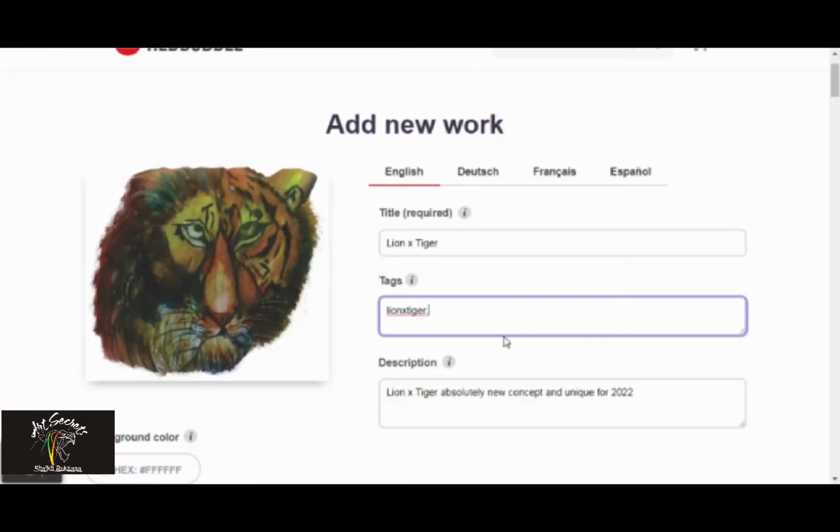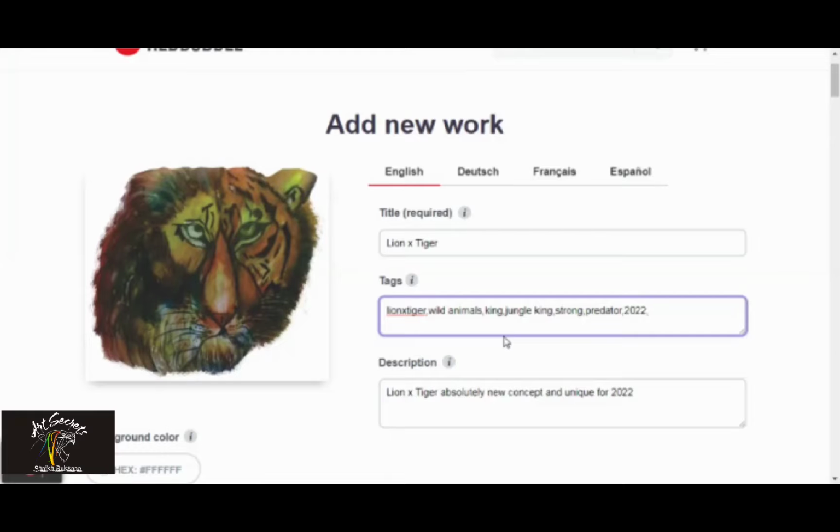When you finish with your descriptions and title and all these details required over here, your image and your title will be completely seen, and you can come down and see all of it. I'm filling it very properly. The tag is very important for the customers when they select their choice. They type some keywords which should match with your design, and accordingly your design will be sellable. The tagging and the description is very much important. The more you describe your design, the more you will be picked up in the market.